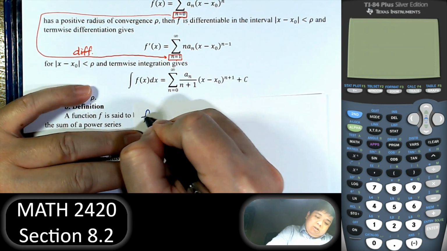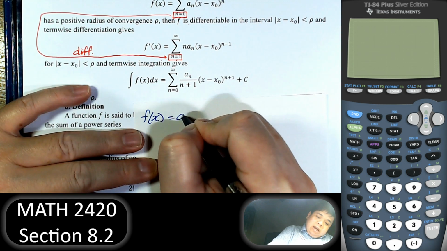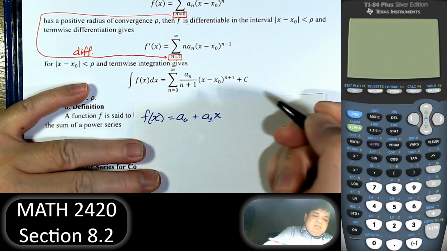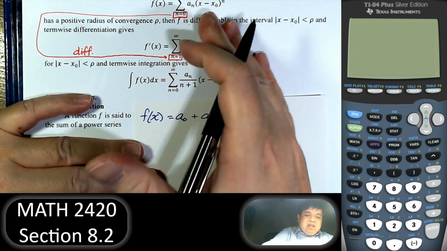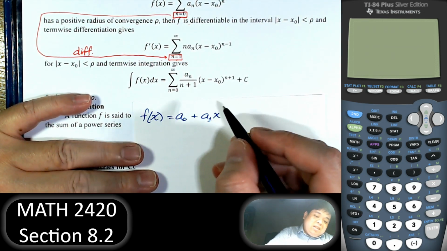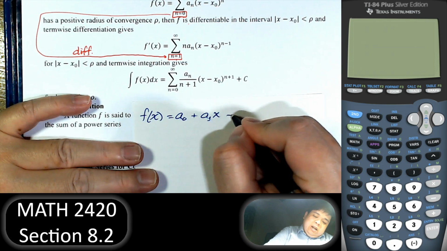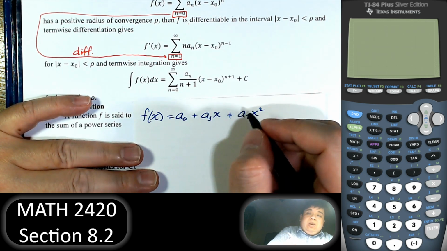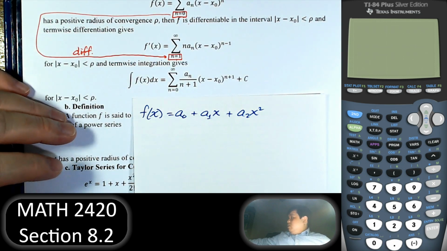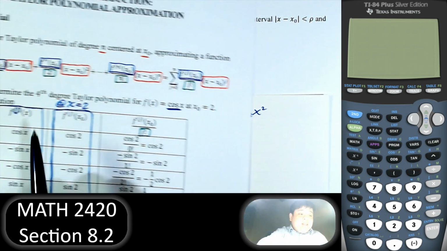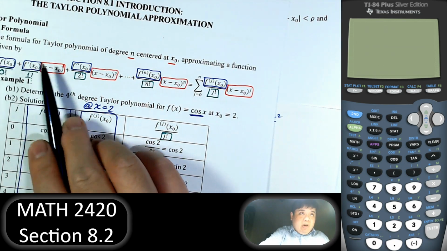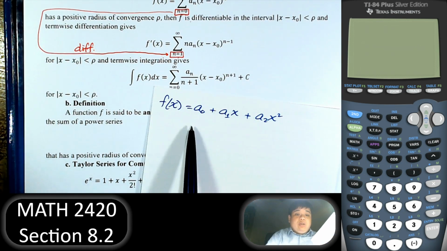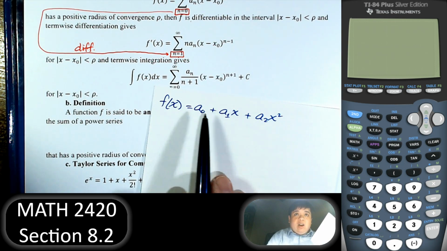If I have the power series, I'm just going to say a naught plus a1 x, just use x, or x minus x naught, it doesn't matter, but I just use x. Let's say center 0, plus a2 x squared. Notice that, of course, I can write the power series using the Taylor series. This is the Taylor series when we use the values of the function embedded in that. But no, this is just a power series in general. Just have a0, a1, and a2,